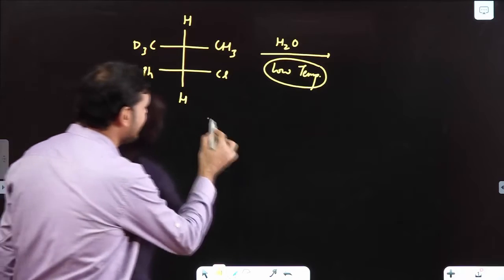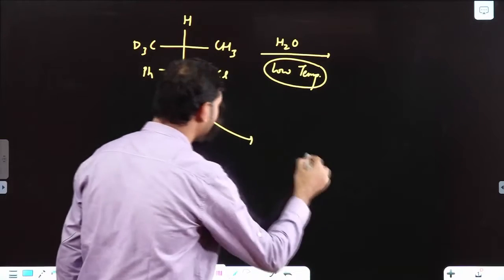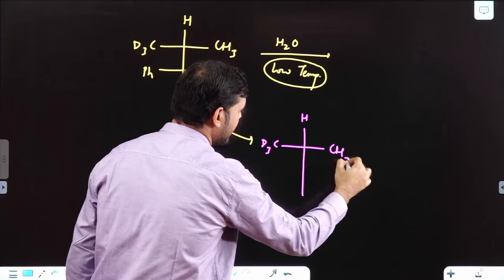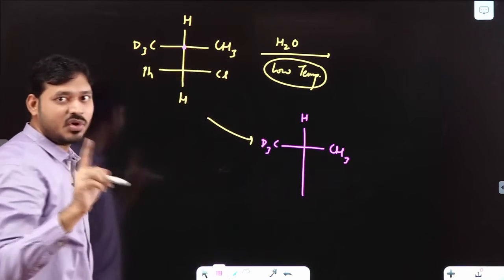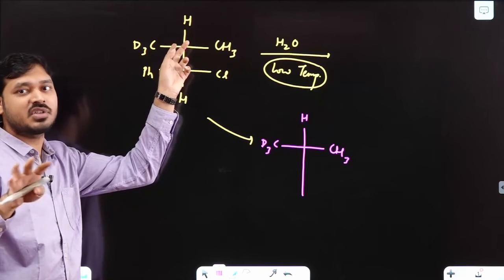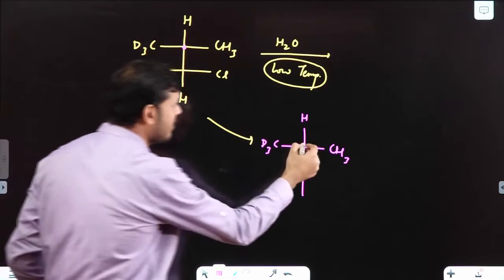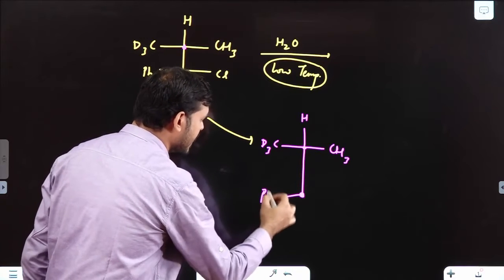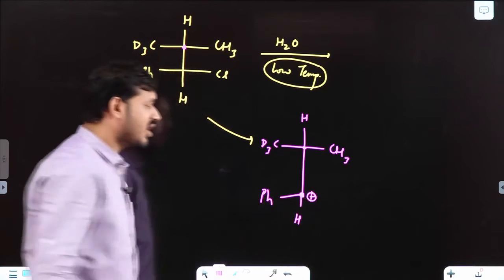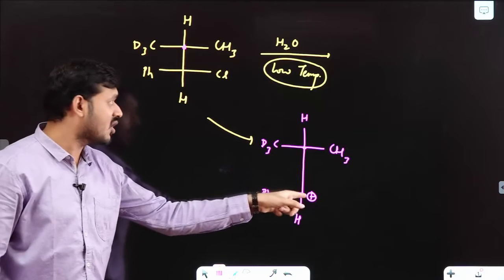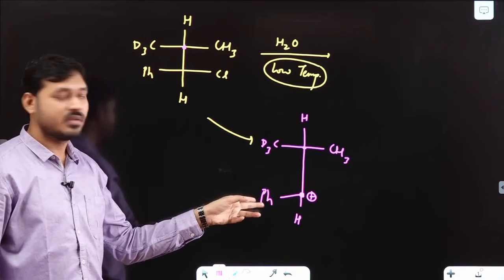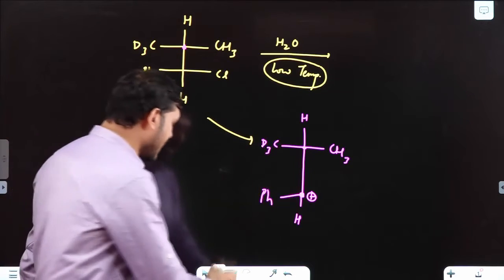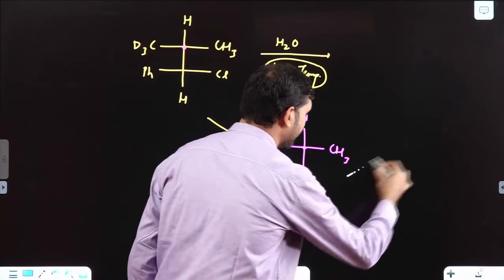Understand. Here, the carbocation generated will be HCD3 CH3. See, this is a chiral center. And as I told you earlier, do not disturb that part which is not involved in the reaction actually. So this part is not involved in the reaction. Now this carbon, when I say Ph, H and plus charge, now there is no possibility of rearrangement. Why? It is already stabilized by high amount of what? High amount of resonance. So it will not rearrange here. So in this one, there are possibilities of two products.